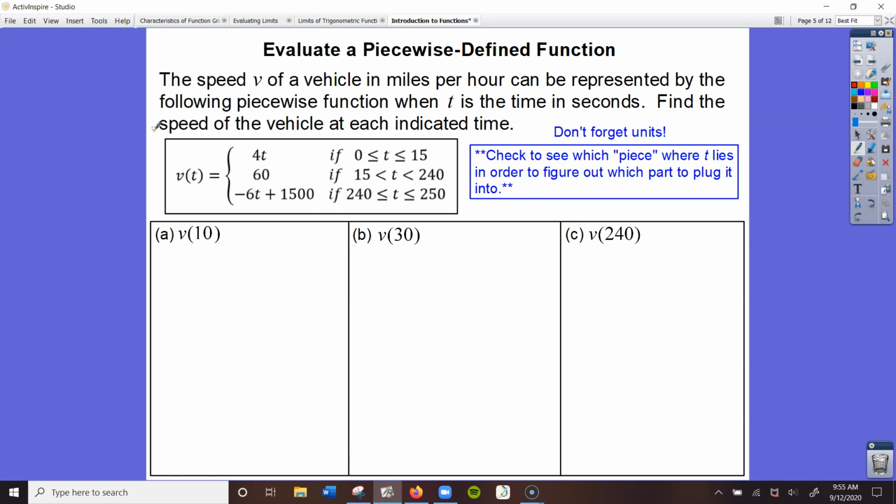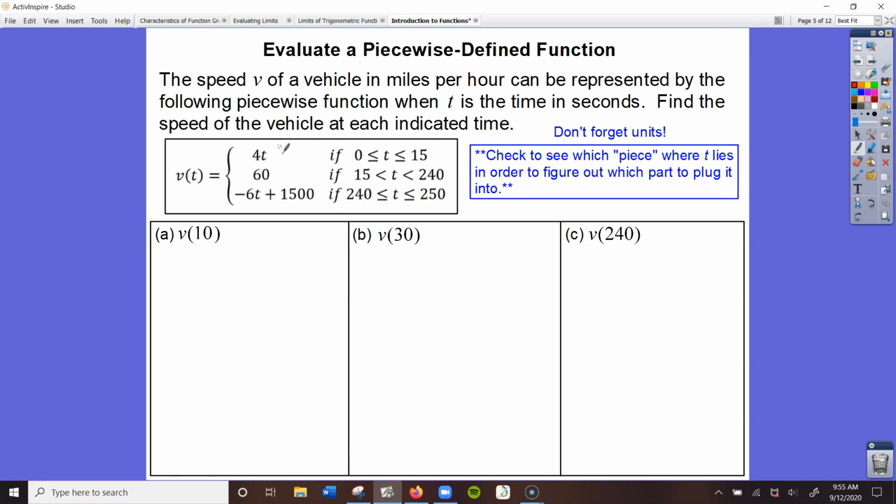Now this function is represented by this verbal description here. We have the speed v of a vehicle in miles per hour can be represented by the following piecewise function when t is the time in seconds. Find the speed of the vehicle at each indicated time. So, keep in mind, if you're out driving in a car, you're not going at the same speed the entire time. You may sit in traffic, you may get on the highway, and these all entail different speeds. That's why this particular function is broken up in pieces, because from 0 to 15 seconds, your speed can